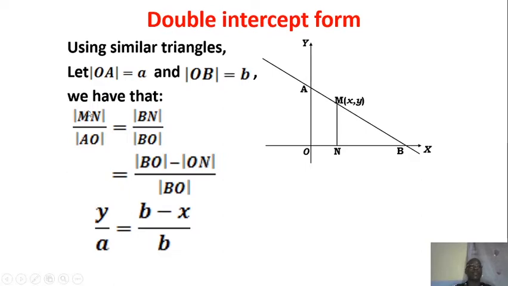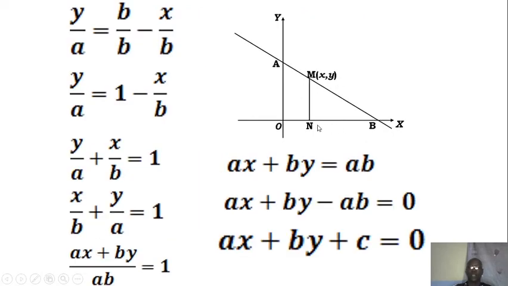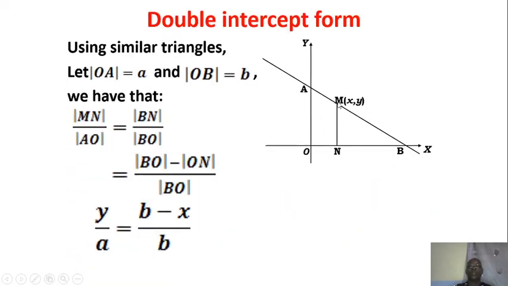We come down. Mn, which is from M to N, is representing y, reason being that at this particular point we have the coordinates x, y. Actually, this x is not supposed to be here but here. So as a result, what do we have? Y over A, reason being that Mn from here to here is the y interval, represented by this y, and OA, from here to here, we have told you we represented by A, so we write y